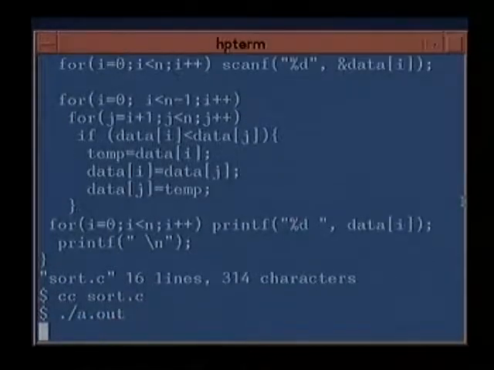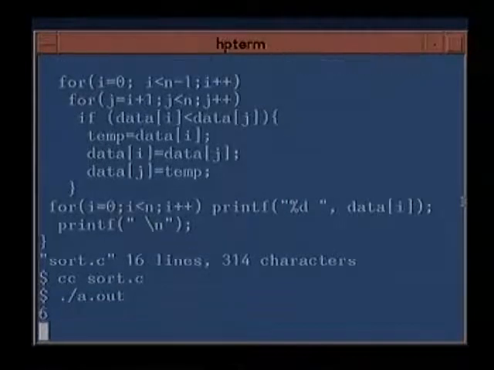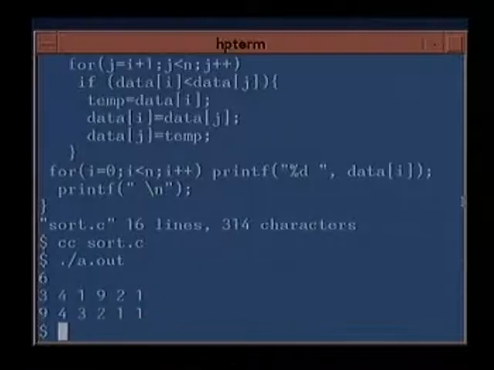The first thing you have to give is the number of numbers, say 6, and then all of them. So it prints the sorted array 9 4 3 2 1 1.